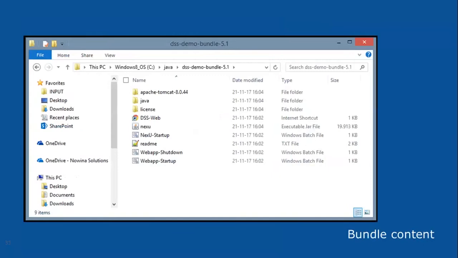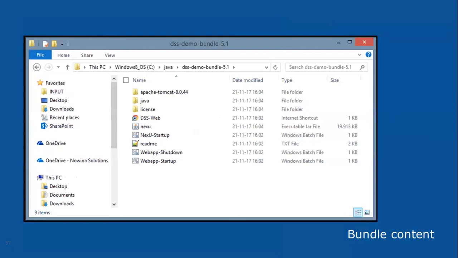Okay. If you have downloaded the bundle, here is the content of the bundle for 5.1, but this is a very standard bundle for all versions of DSS. This is a Tomcat server that is hosting a demo, and there are some shortcuts to ease your job of testing DSS.